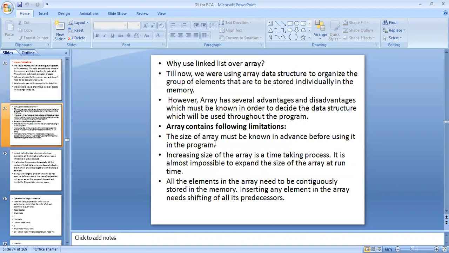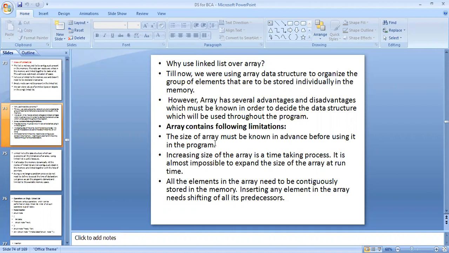Why use a linked list over an array? Till now, we were using the array data structure to organize a group of elements that are to be stored individually in the memory. However, an array has several advantages and disadvantages which must be known in order to decide the data structure which will be used throughout the program.